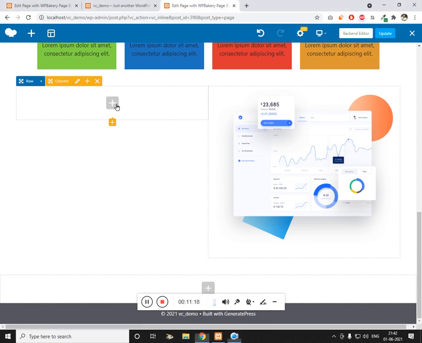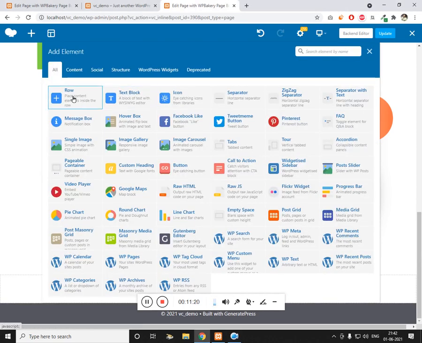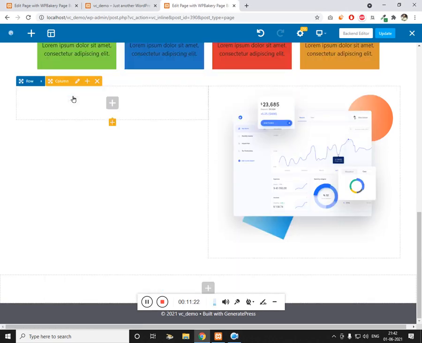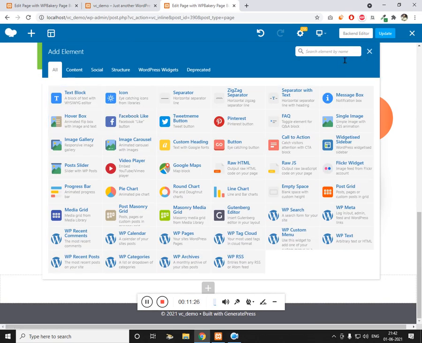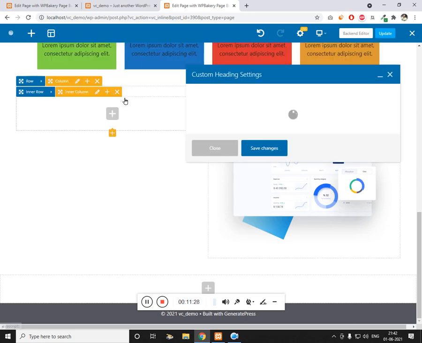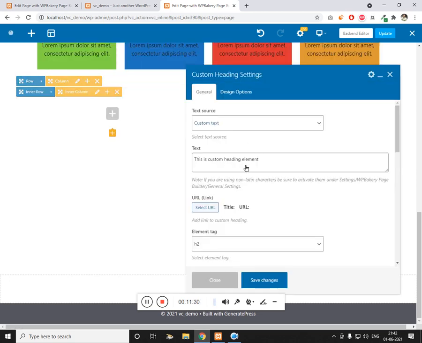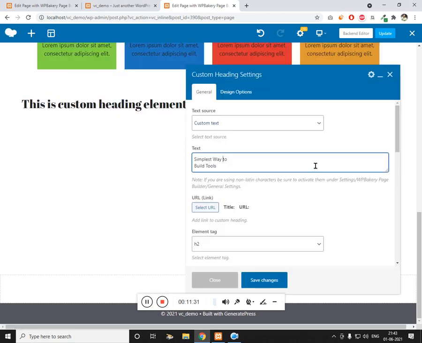So to center align, to make life easier, we'll add a row, and inside the row we will add a heading. So let me add a line break.